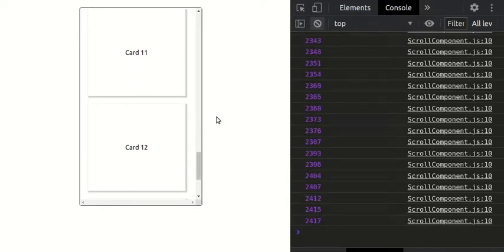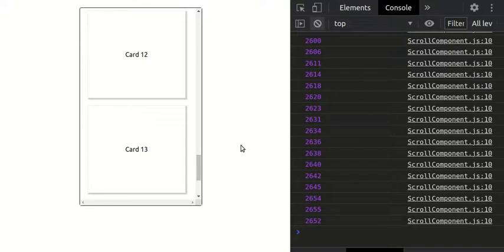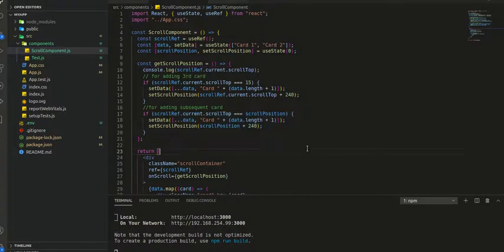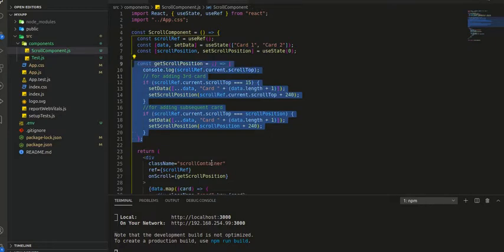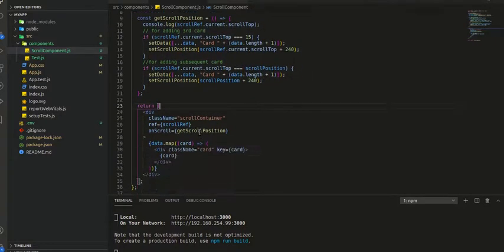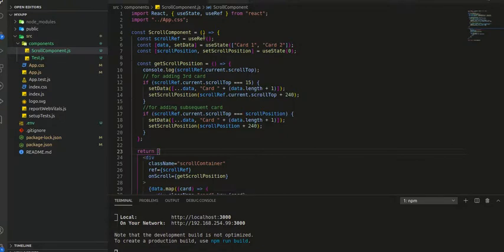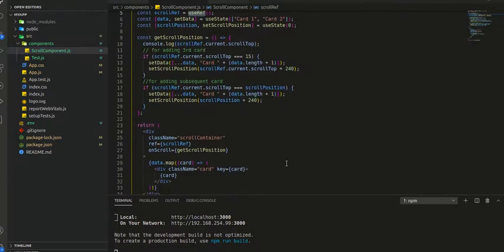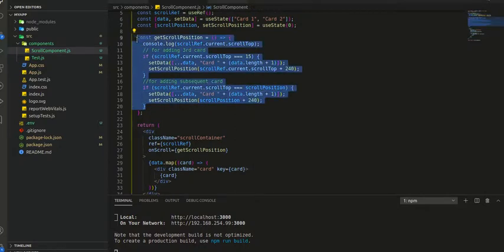Yeah. So this is basically an infinite scroller kind of thing, which we have applied on this particular div. And we have not used any library here. Only this logic is important, and all other things are just common things. We can just attach the ref to a particular div so that we can get the properties regarding it.